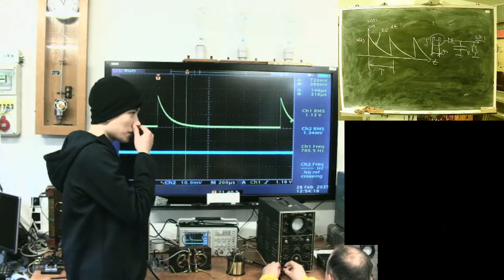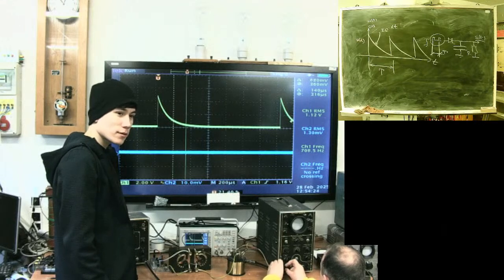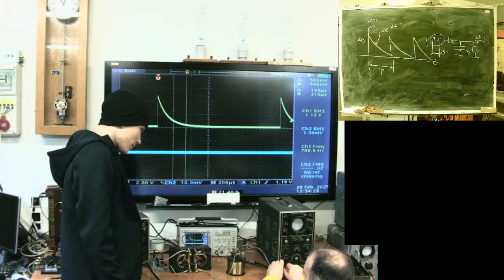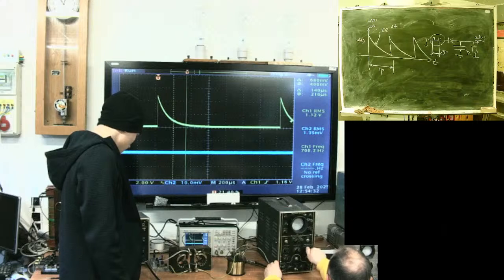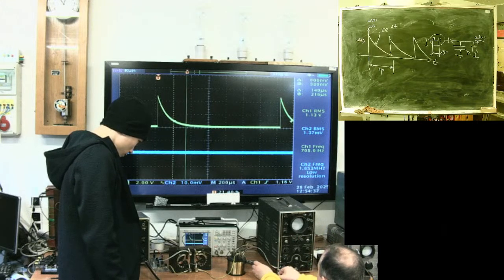I would like to get pulses, invisible in the analog scope. Something. Where is my